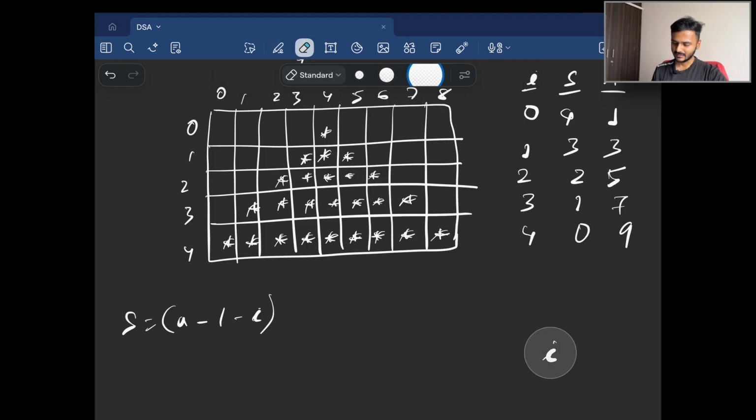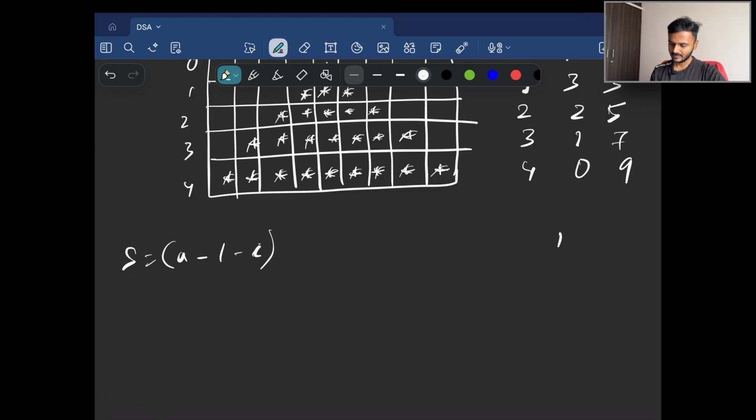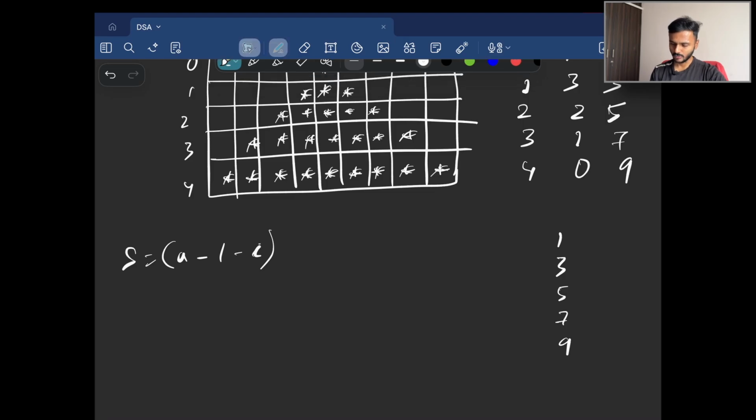That is how we'll get the number of spaces to be left in any given row for a particular value of n. Now, if we take a look at i and a, this is a little different from the last question. So what we have got is, for i 0, we've got 1, for i 1, we've got 3, i 2, 5, i 3, 7, and i 4, 9. So if you take a look at just the values of a, you will see that these are continuous odd numbers, right? Now, if these are continuous odd numbers, what you could do is,